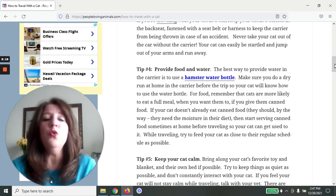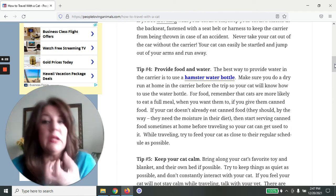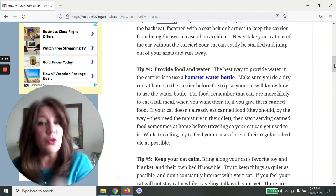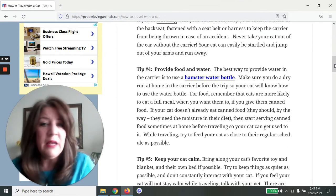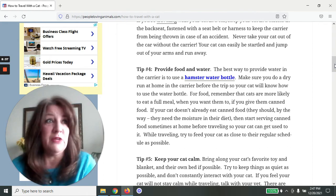Now, for food, remember that when you're traveling with your cat, the cat is going to be more likely to eat the whole meal and to eat when you want him to if you're serving him canned cat food. All right. If you put a dish of dry cat food down, unless the cat is starving, he may not sit there and eat it. He may just think he's got all day like he does every day in his normal life to eat the